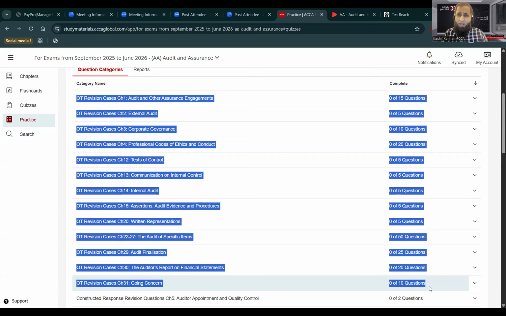These are the 31 chapters which cover the OT questions. In total, there are 180 OT questions divided into 31 topics. So you can do this as your practice once you've completed the entire syllabus from A to E. But you have to do these OT questions from ACC Study Hub. Apart from that, if you want to do some extra reading, some extra learning from ACC Study Hub, that's totally your option. Okay, back to the presentation.